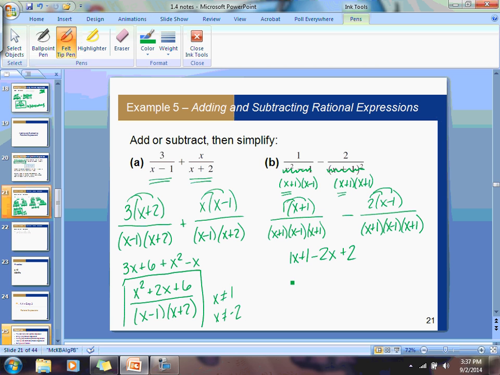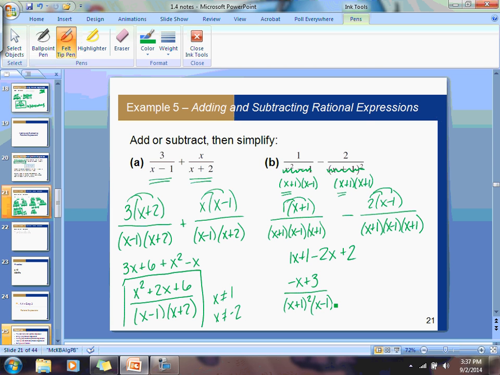I have x minus 2x, so that's -x. And then I would have my plus 3. And then again, this would be all over my common denominator. So now, since I have my fraction all simplified, I can combine those two binomials that are alike in my denominator and write (x + 1)